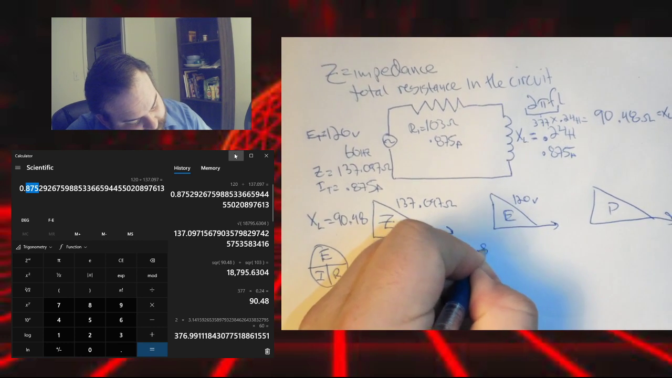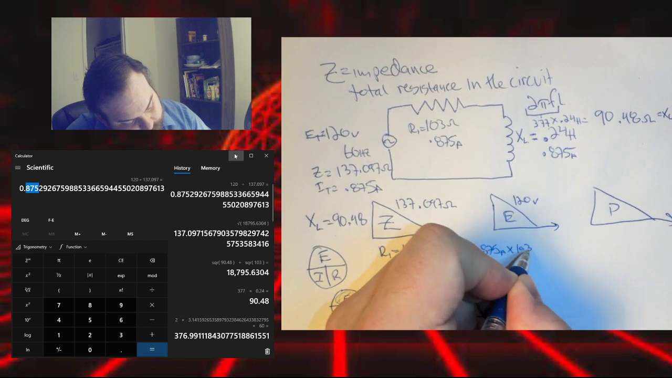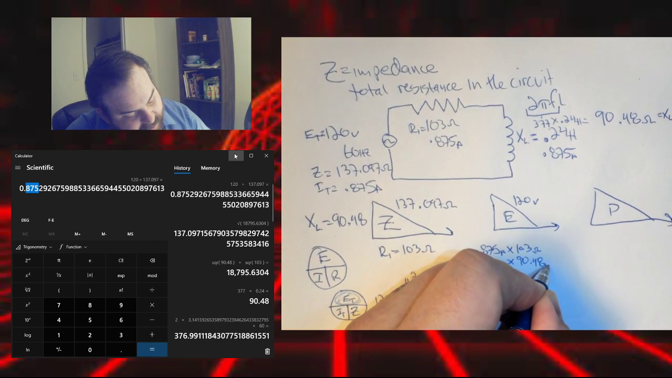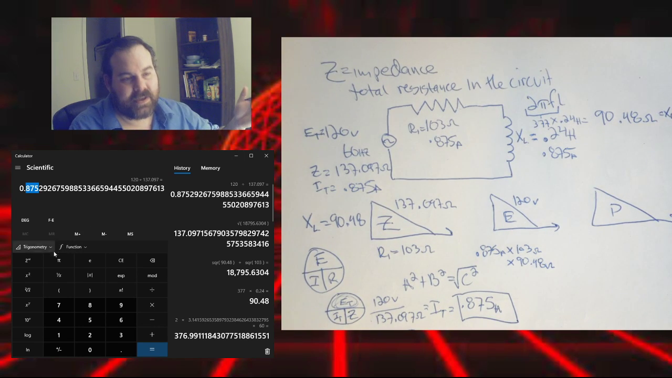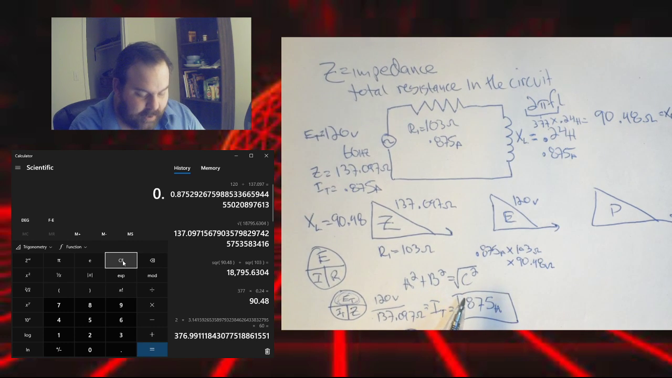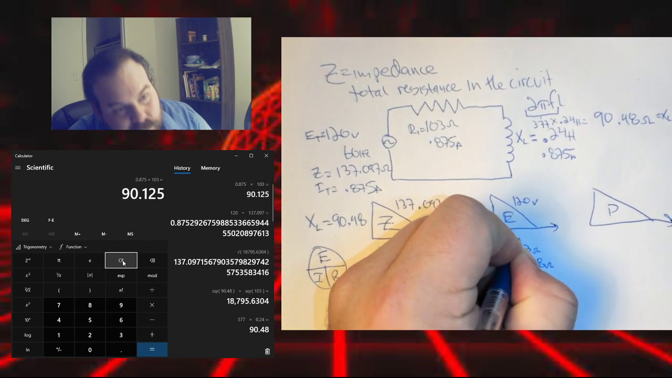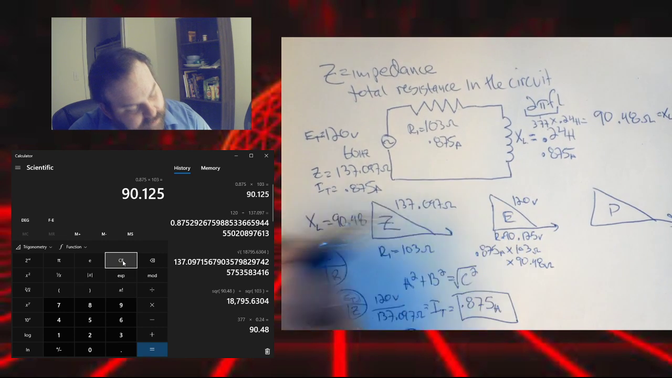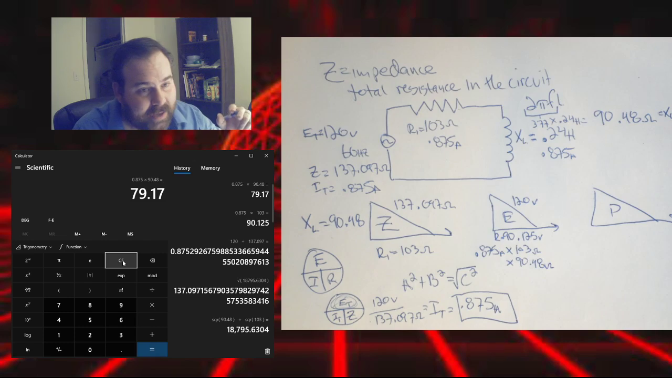So we're going to go 0.875 amps. We're going to times that by 103 for our resistor, and we're going to times it by 90.48 for the inductive side. Or sorry, the reactive side is what we want to call it. So 0.875 times 103. That's 90.125 volts for the resistor. 0.875 times 90.48 for the reactive voltage,